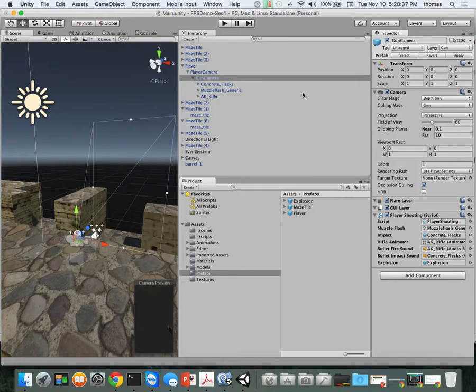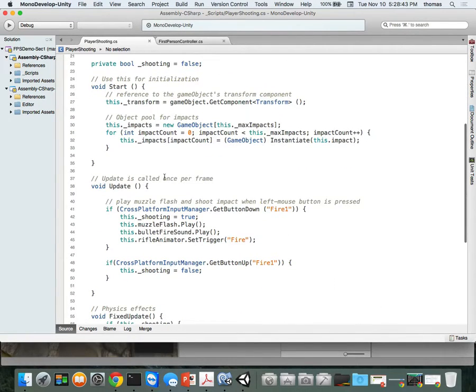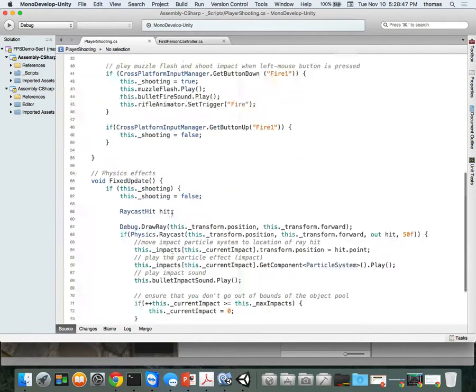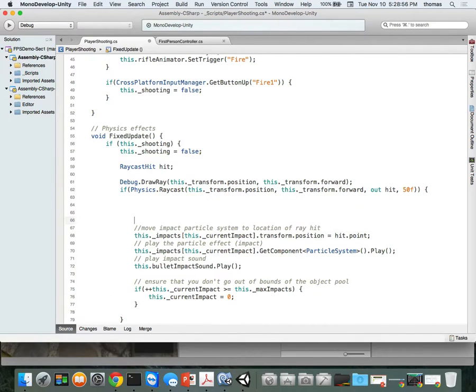Okay, so there's a couple things I need to do. So first of all, I'm going to go back into here, and I've got to make a script here for checking to see that I hit the barrel. So how do I do that? So in my physics check right here, I know that I've already hit, so this is true. So if my physics raycast has a hit, that's what this thing does. If I have a hit, then